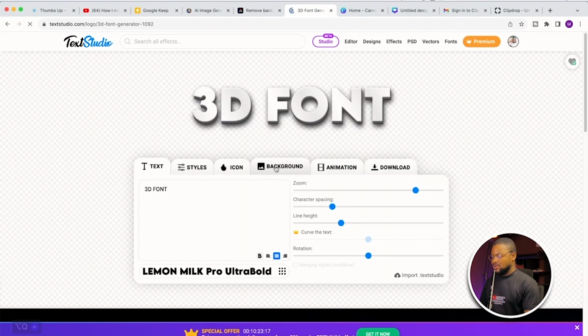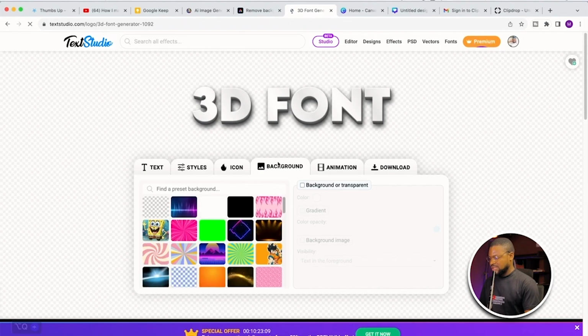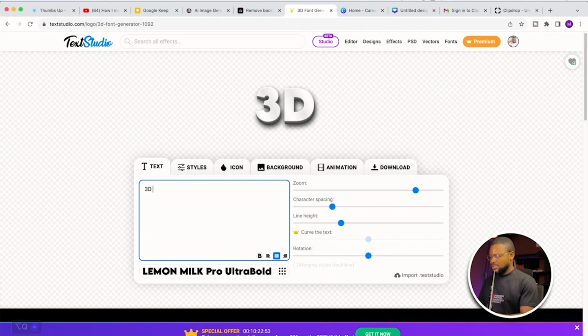The next thing, you click on this background. Already it doesn't have any background. You just click on this background option, and then select no background. This particular one, you select no background. Okay, so once you do that, you then click on text, and then write whatever you want to write. For me, I want to write here 100%